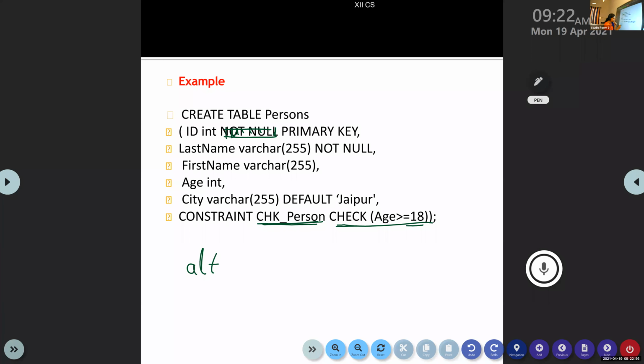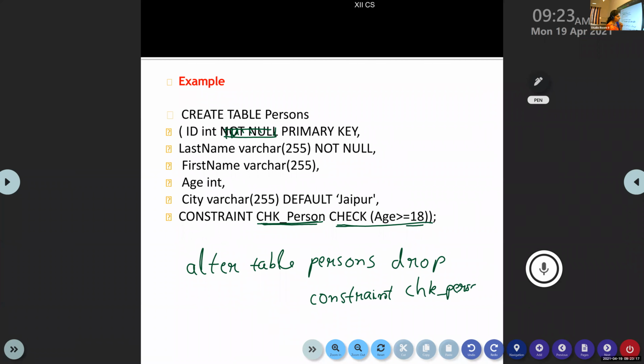This is how you need to write. Alter table persons drop constraint chk underscore person. So what happens?